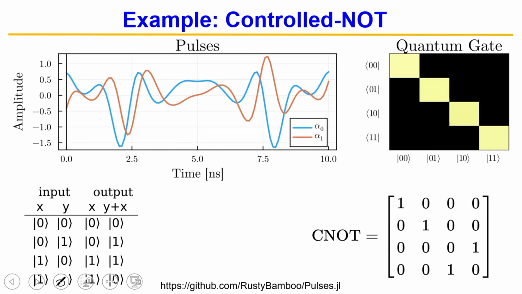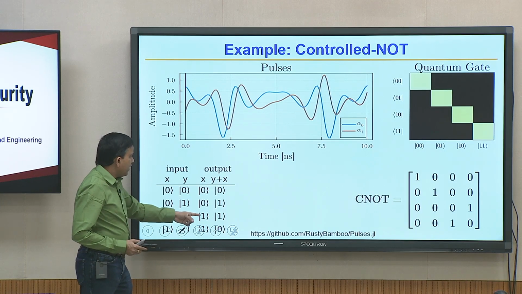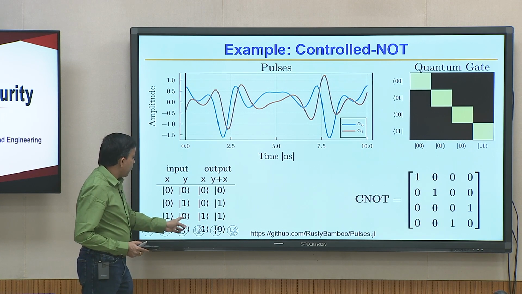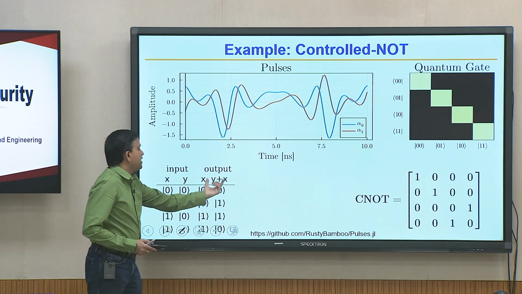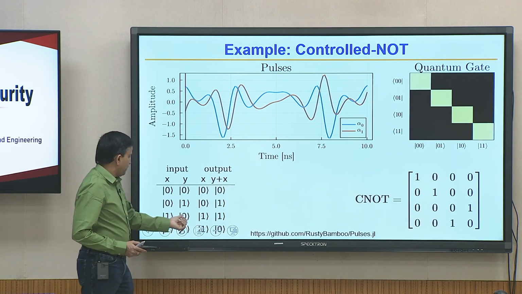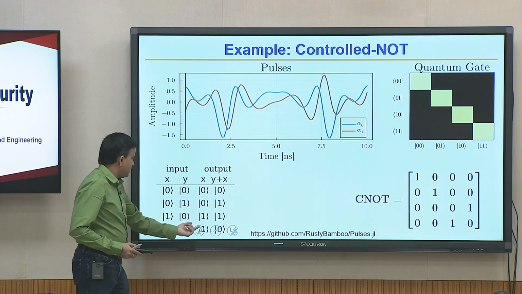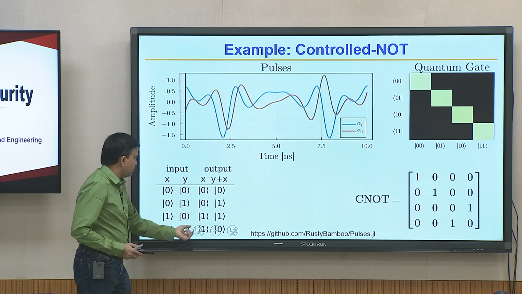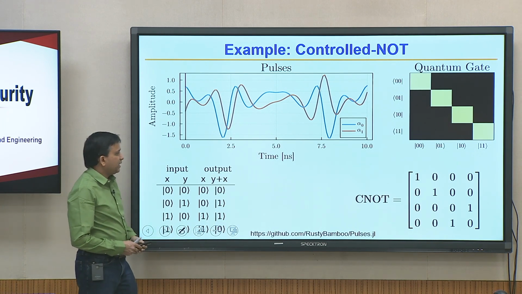Before that, I want to introduce a quantum gate called the CNOT gate. It has a funny behavior, let us not try explaining why it does that. You have two inputs x and y, I put 00, 01, 10, 11, and then if x is 1, then y will flip. So, this is the y plus x phenomenon. If x is 1, then it was 0, it will become 1, and here x is 1, this was 1, this will become 0. That is basically the phenomenon.